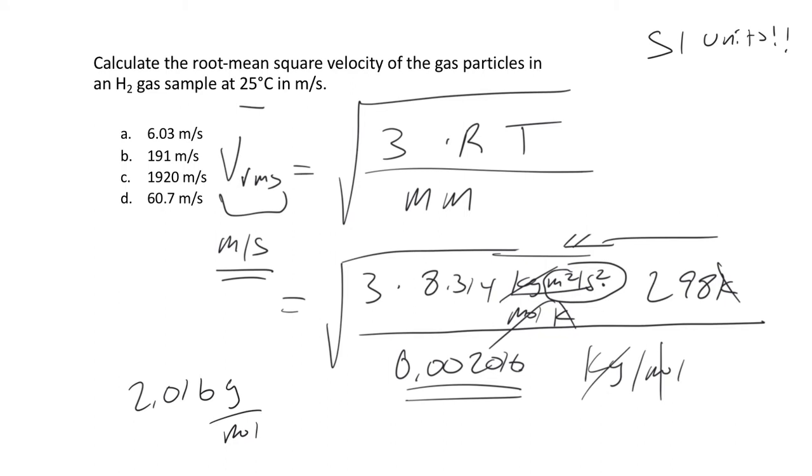All right, so probably you got this. It's pretty easy once you have the calculation right, but just think everything is in SI units here. So from the units of R to temperature and the molar mass, kilograms per mole. And so that works out to be 1920 meters per second. And so with an equation like this, you could calculate the average, or in this case, the root mean square velocity for a hydrogen sample. You could do other gases, you just have to know the molar mass.